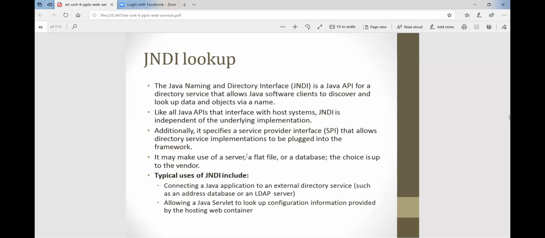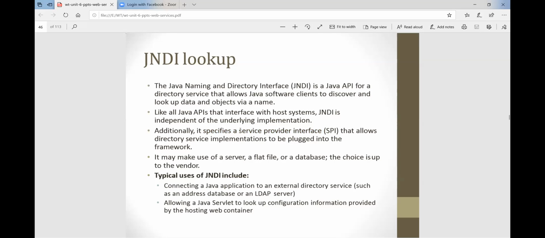Then, like all Java APIs that interface with host systems, and host systems is nothing but your server system, JNDI is independent of the underlying implementation. Additionally, it specifies a service provider interface, SPI. Remember the long form for the MCQ: service provider interface, SPI. It allows directory service implementations to be plugged into the framework.